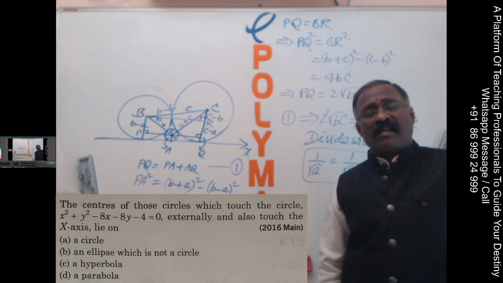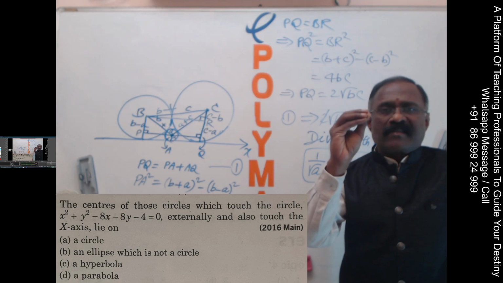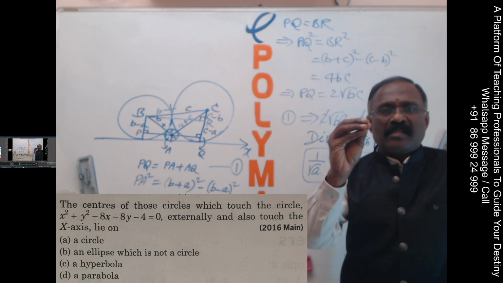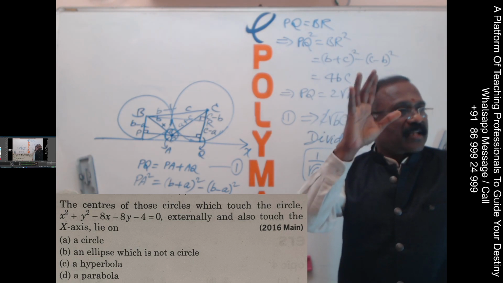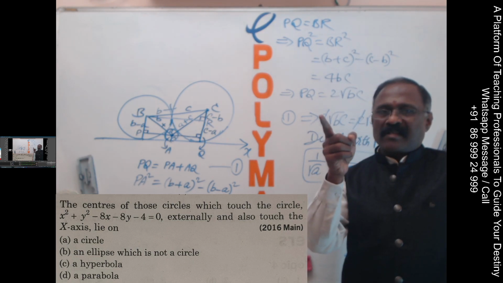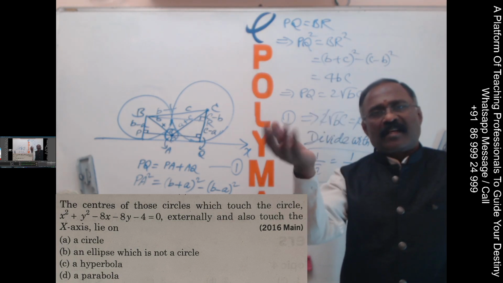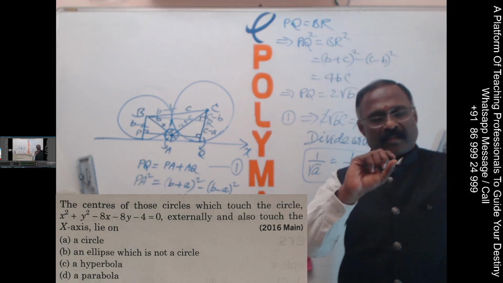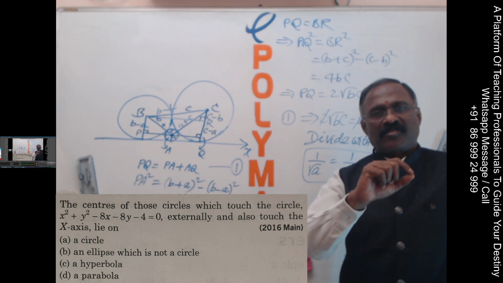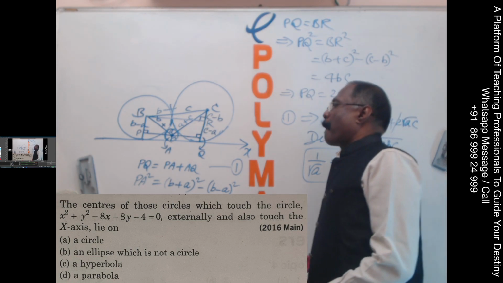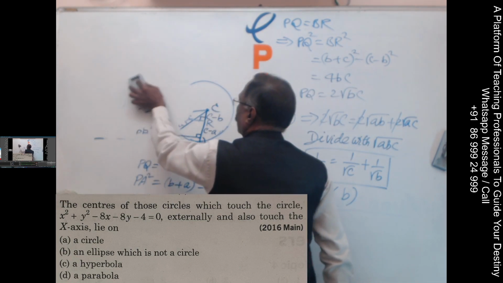When it touches x-axis, you know what happens? The radius of the circle is nothing but y coordinate of the center. Touching x-axis, radius is y coordinate of the center. Touching y-axis, radius is x coordinate of the center. Just reverse of it. X-axis touching, y coordinate; y-axis touching, x coordinate. So this question now